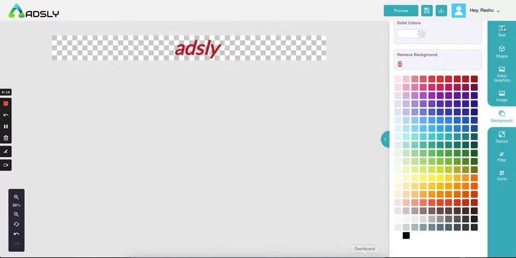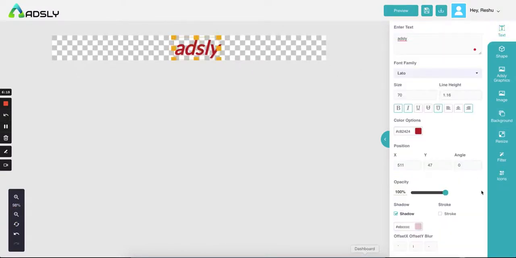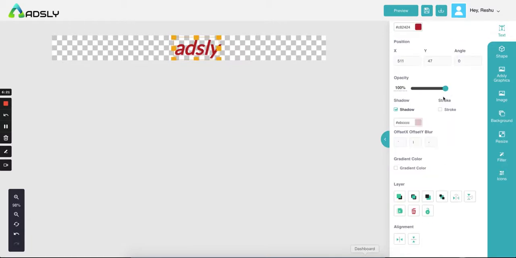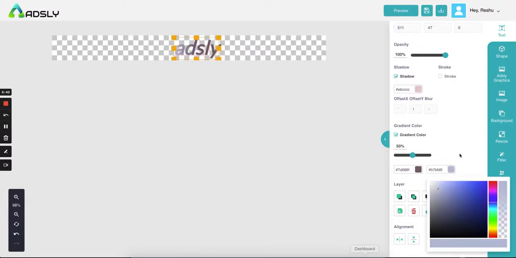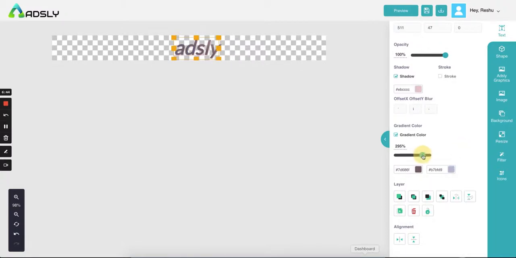Let's get back to the other options. If I click on it, you will get the other options. You have the option of stroke if you want, and again, if you want stroke, what color stroke you want, you can choose from here. If you want gradient color, then you have to click over here and you can add the color code or choose the color from here, and then set things accordingly. And you can set the percentage of each color which you want over there.